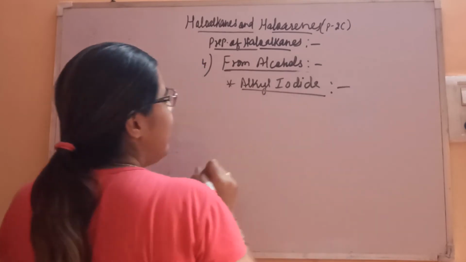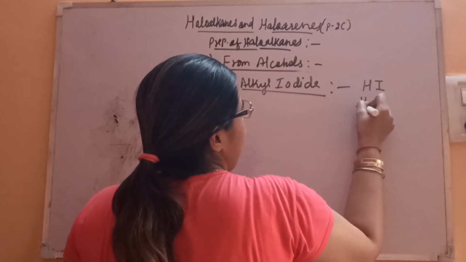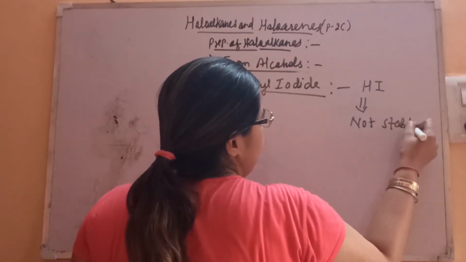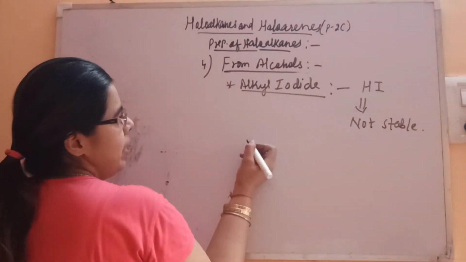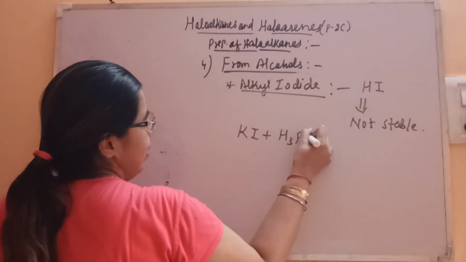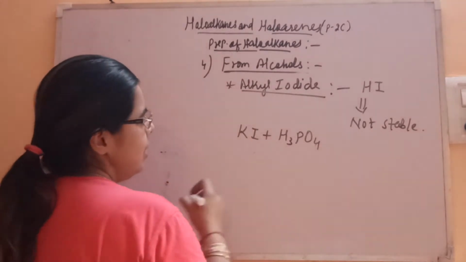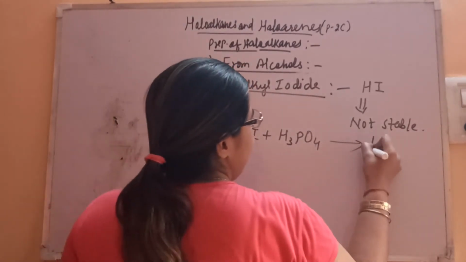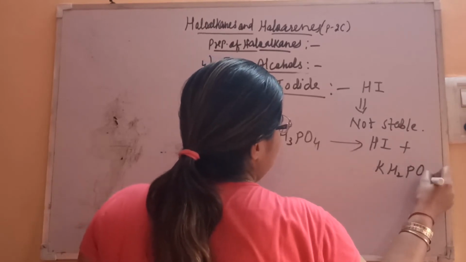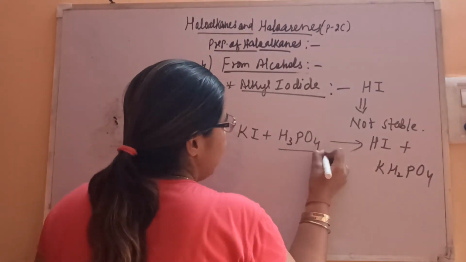Okay, alkyl iodide can be prepared. Here we'll be taking the HI, which is not stable, so it is prepared in situ. So we'll be taking KI and we'll treat it with phosphoric acid, and then you will get HI plus KH2PO4, potassium dihydrogen phosphate, gets formed. Now the thing is, why we are taking here, we have to take